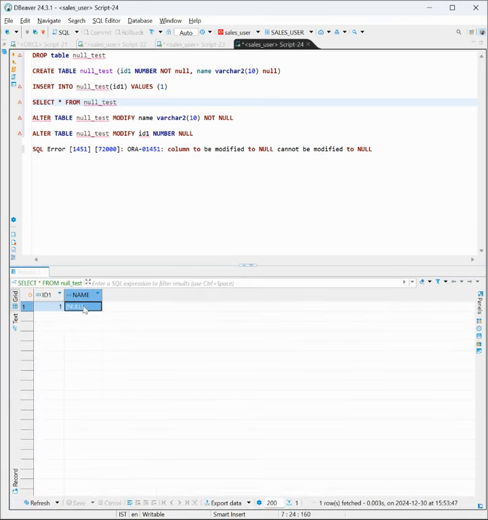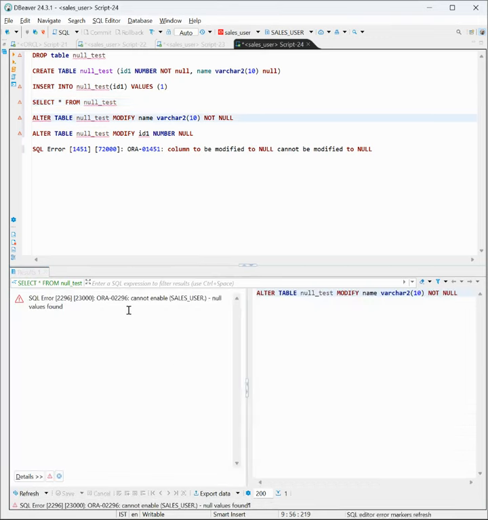Now let's try to make this name column to be not nullable and see what happens. So if we check it, it says that cannot enable null values found. This is because we already have a null value, and then we are trying to say that this column cannot have any null values, which doesn't happen, right? So first we have to update with some value, or maybe with some default value, and then probably you can